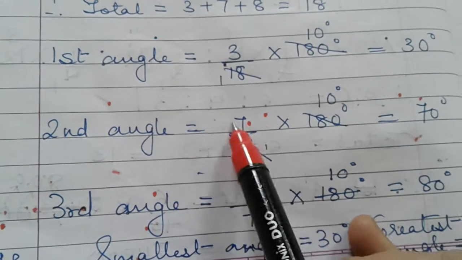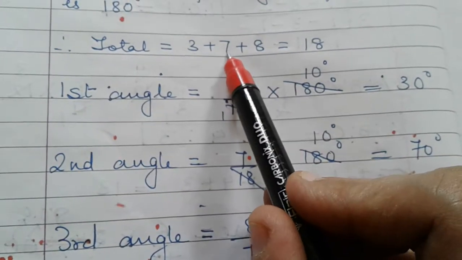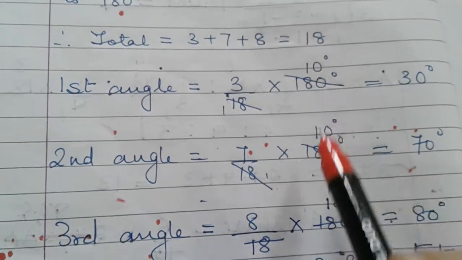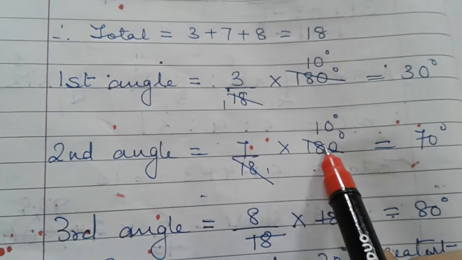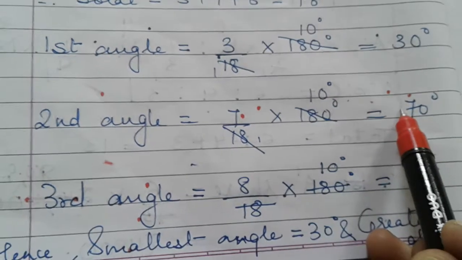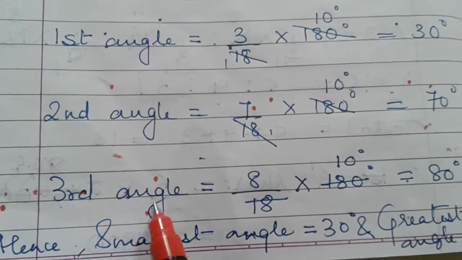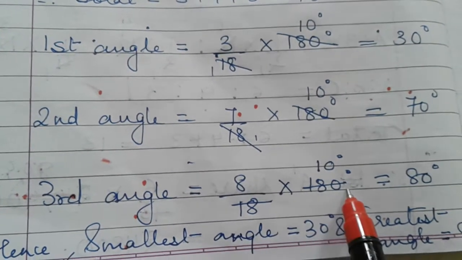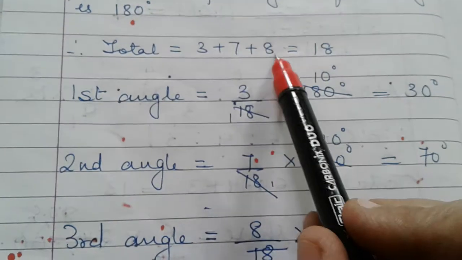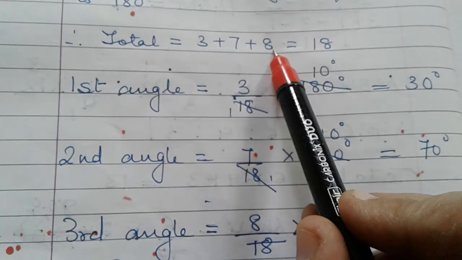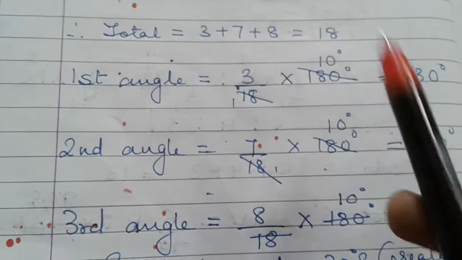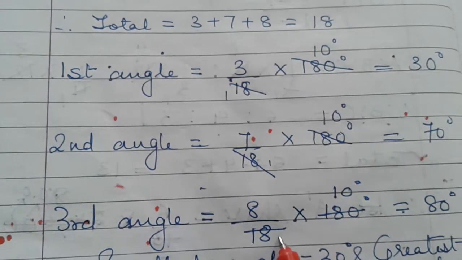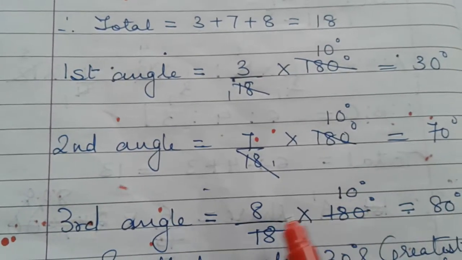Similarly, second angle is 7 upon 18. Why? Because this is 7. 7 upon total multiplied by 180. 18 tens are 180. So 7 tens are 70 degree. Third angle is 8 upon 18 multiplied by 180 degree. Why 8? Because this third part is 8. 8 out of what? 8 out of total 18 multiplied by 180 degree. So 18 ones are 18, 18 tens are 180. So 8 tens are